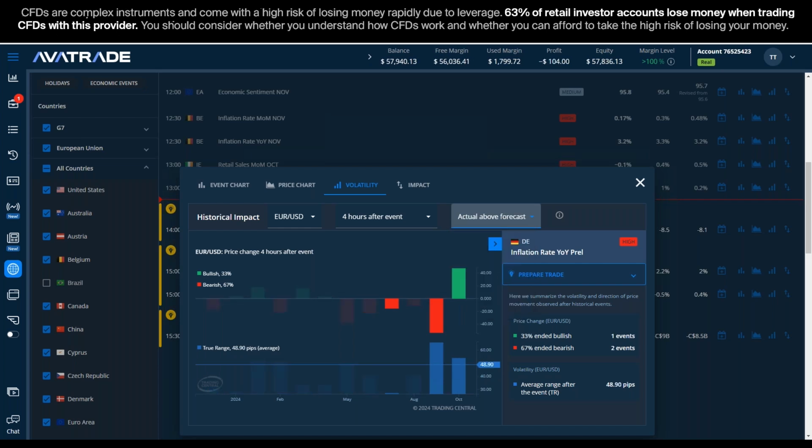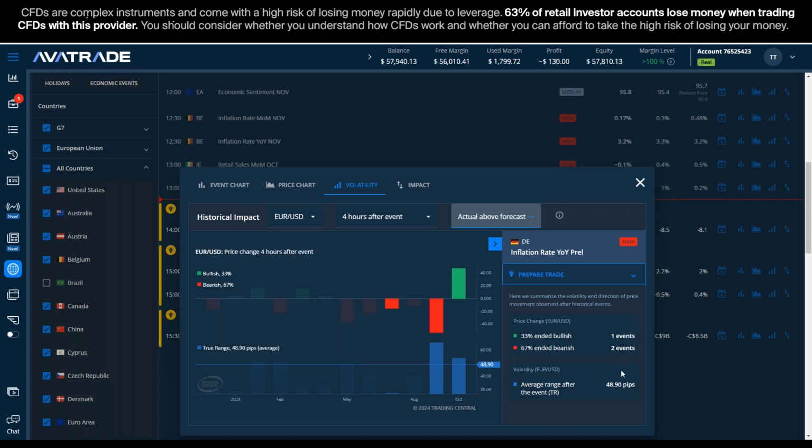inflation rate higher than expected. What happened in the past? USD pulled the euro down 67% of the time, 2 out of 3 times. So each time when these numbers came in higher than expected, if I sold, I would have won twice potentially and lost once. Okay, and you might say, yeah, but that's after the numbers came in, I'll miss the